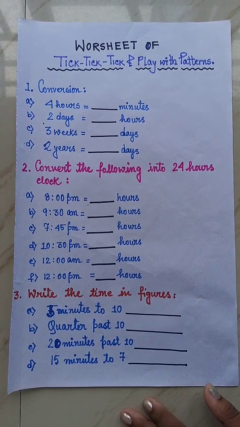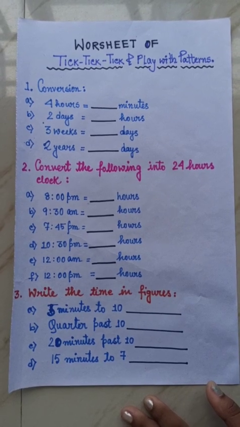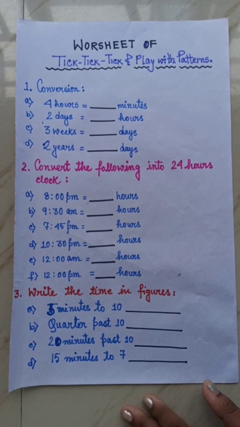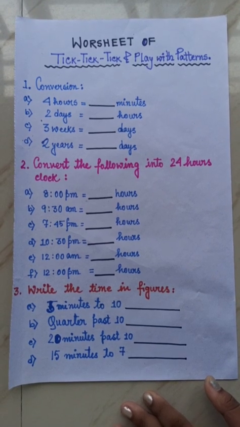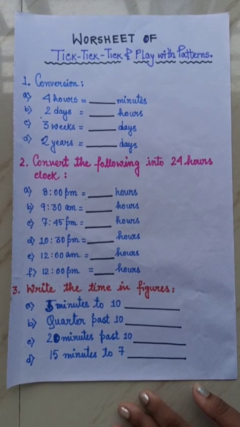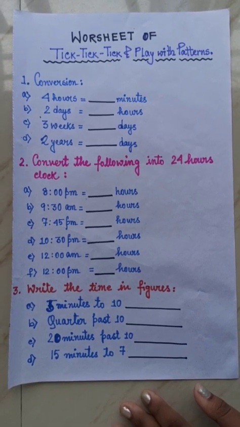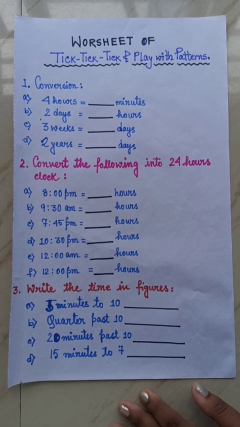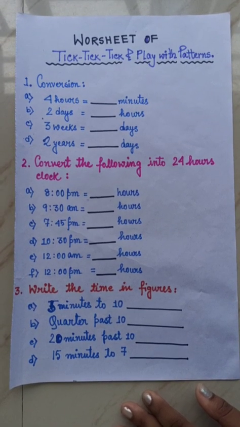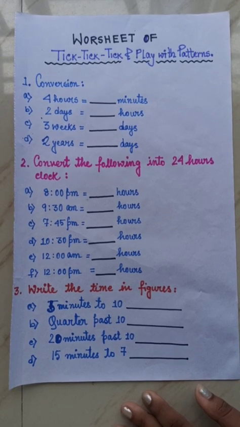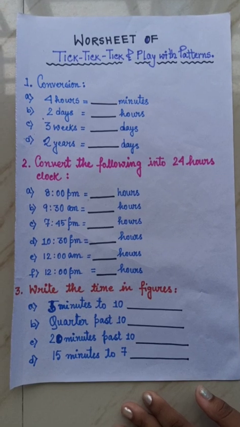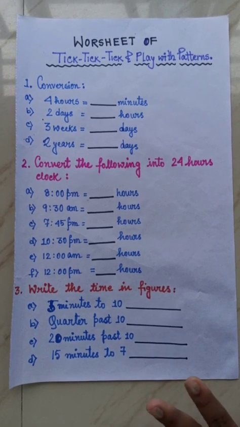Wherever there is drawing, like the drawing of a clock, it will be with pencil, but all the writing portion will be with pen. Like the 3D geometry shapes and 2D geometrical shapes you have done, that drawing will also be with pencil using a scale, and the whole writing portion will be with your pen. All confusions are clear, I hope.